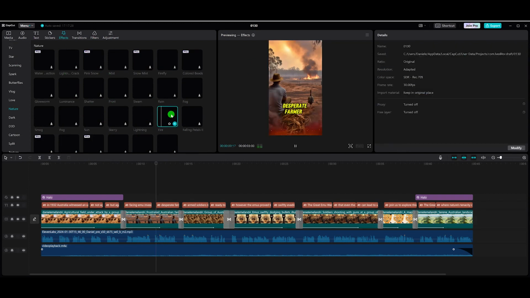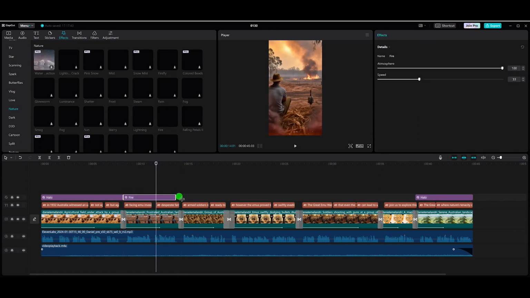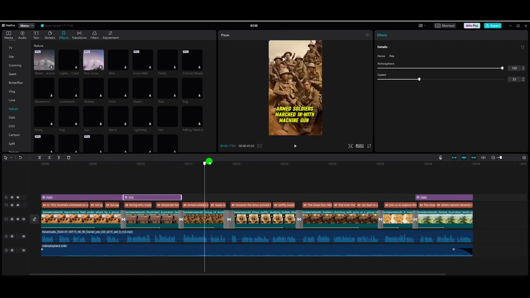Desperate farmers requested military help. Now let's add it to this image. It is perfect, and we enlarge it for the full image. Facing emu invasions during a drought. Now for the third image, which is soldiers, we can add something else like, let's see,